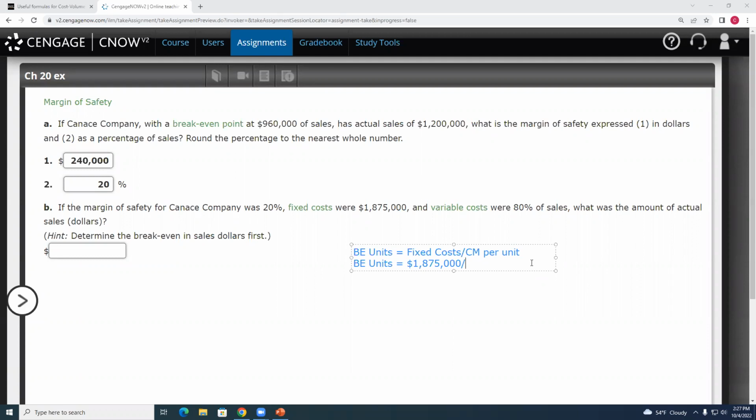We don't know their contribution margin per unit. Let's try a different approach. We can't go any farther with this, but they are asking for break-even in sales dollars, so let's see if we can do something with that. Break-even units times selling price would be their